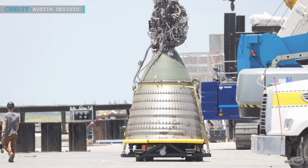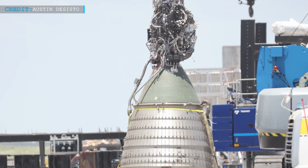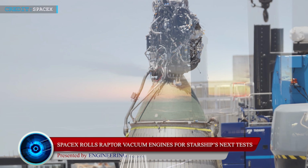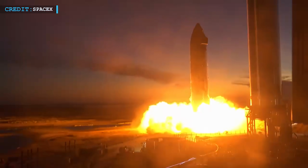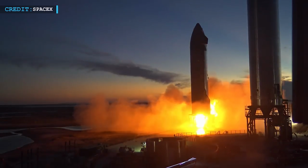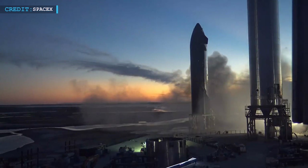In our next update, we'll discuss the rolling out of Raptor Vacuum engines to the launch pad by SpaceX for upcoming tests of Ship 20. SpaceX has already carried out the static fire of Ship 20 with one sea-level and one vacuum-optimized Raptor installed. Now, as we can see, they're effectively gearing up for possibly another static fire test with all 6 Raptor engines